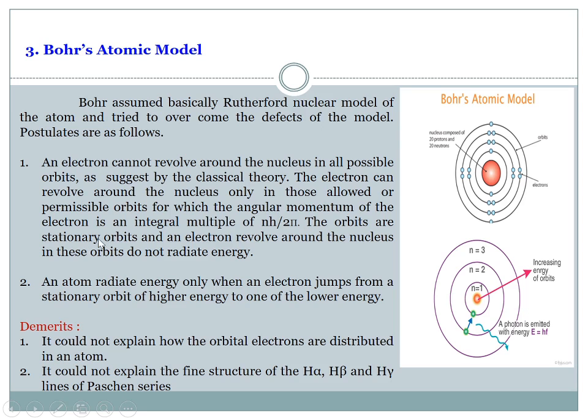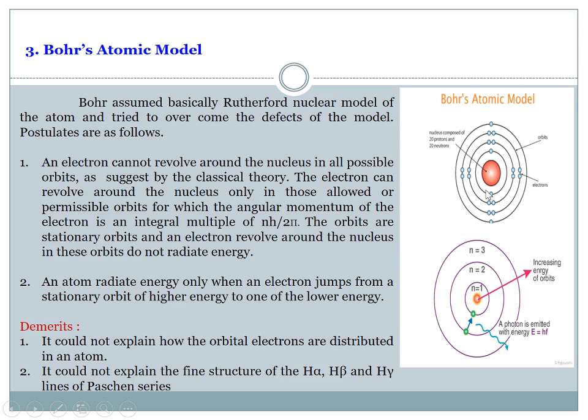The orbits are stationary orbits and the electrons revolve around the nucleus. In these orbits, electrons do not radiate energy. In the sense, here is the nucleus. Around this nucleus there are stationary orbits. In these stationary orbits the electrons are revolving with an angular momentum of n times